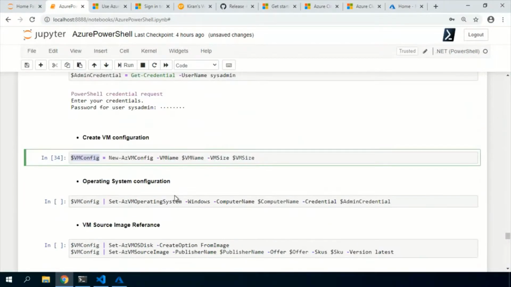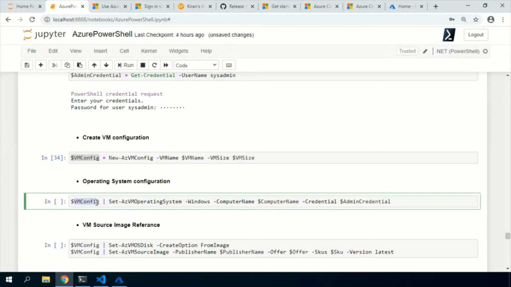Then I will add the operating system configuration, which covers which operating system I want to use, the computer name, and the credentials that I am adding to the VM configuration. I'm using the VM config object and piping that to set AZ VM operating system.